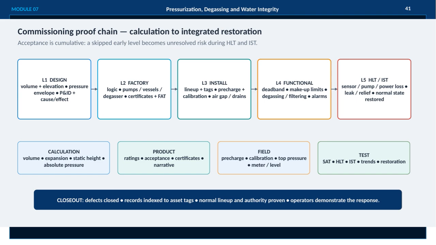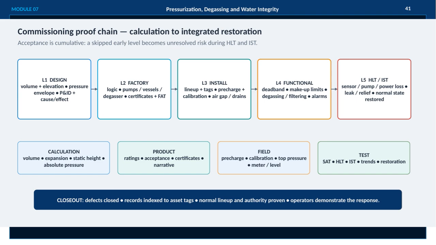effect. Level 2 moves to factory aspects, including logic, pumps, vessels, degassers, and factory acceptance tests with certificates. Installation is covered at level 3, where we handle lineup, tagging, pre-charge, calibration, air gaps, and drains. Functional testing at level 4 involves fine-tuning deadbands, makeup limits, degassing, filtering, and alarms. Finally, level 5 includes the HLT and IST, monitoring sensors, pumps, power loss, leaks, relief valves, and restoring normal system